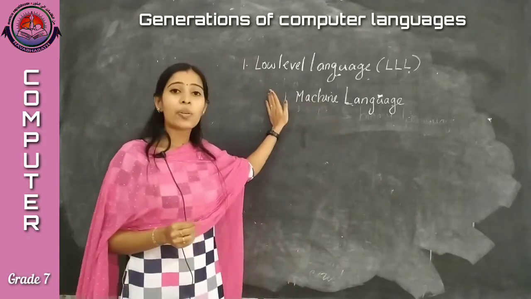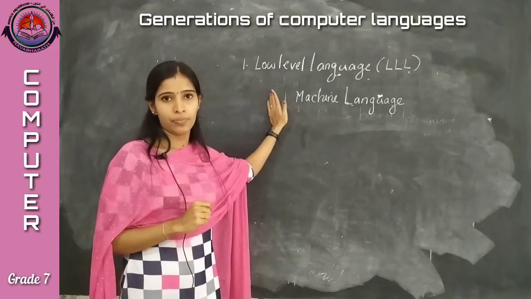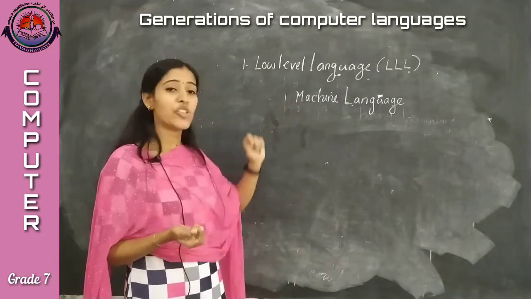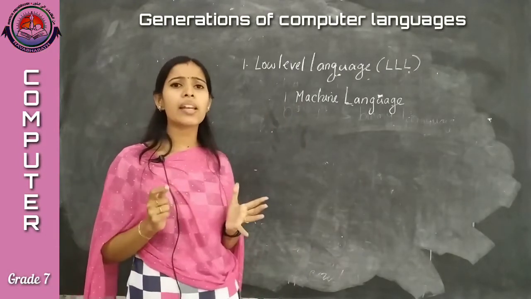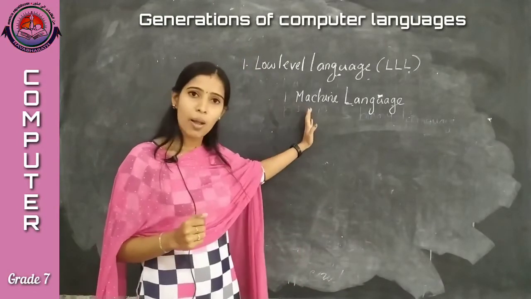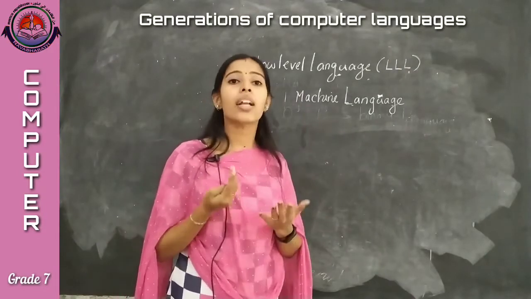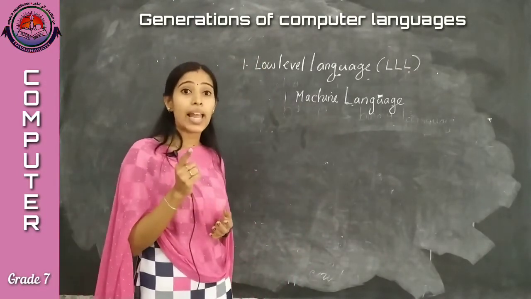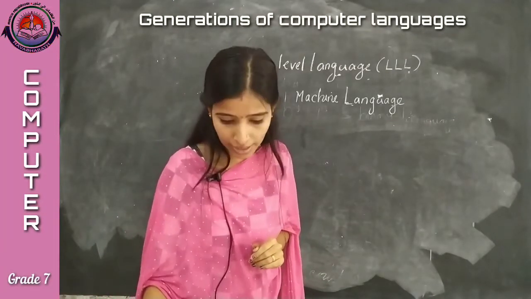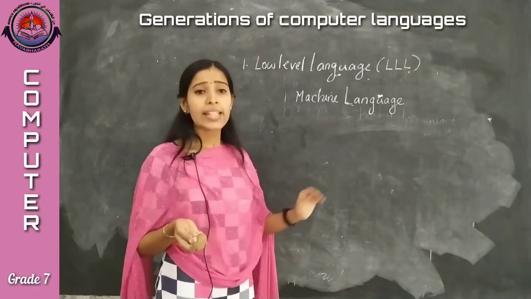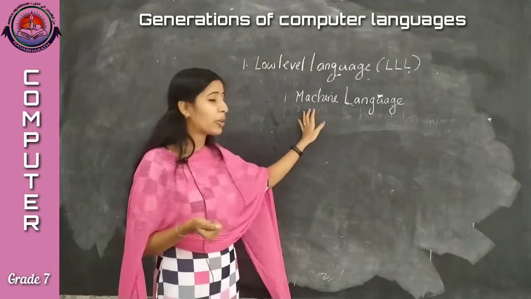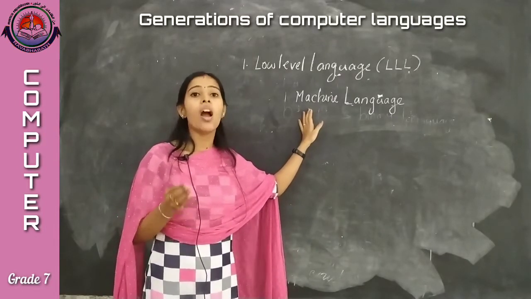The machine language is the first computer language. Whenever someone asks you which is the first computer language, that is machine language, because the computer can understand only machine language. Like I told you, binary language is the same as machine language. Whatever we give to a computer, it will translate into binary or machine language, both the same, in the form of zeros and ones. It is the only language that the computer can understand.